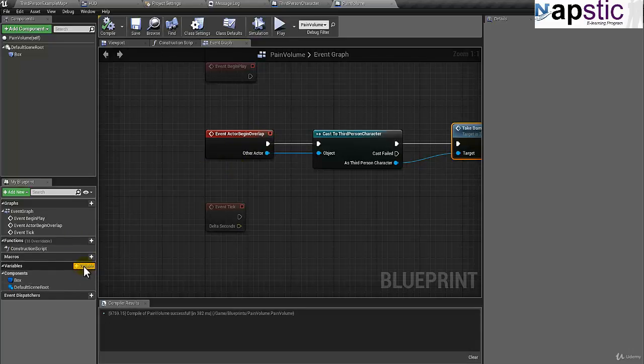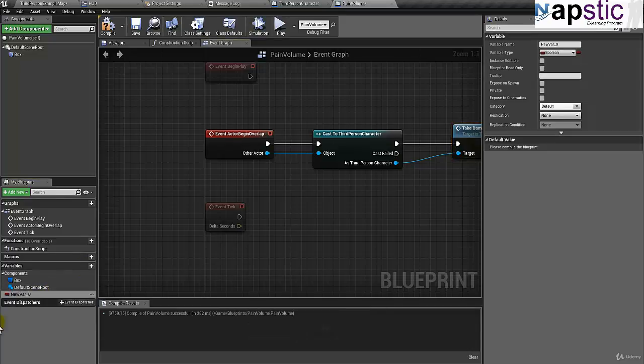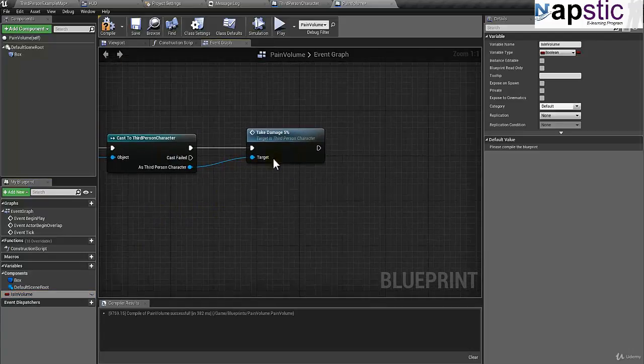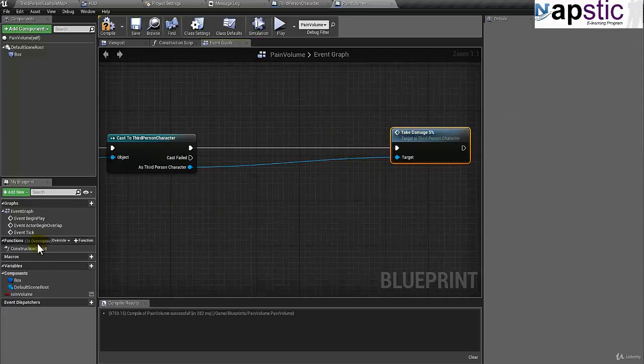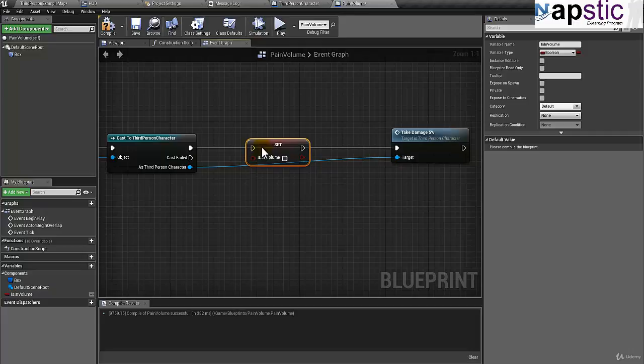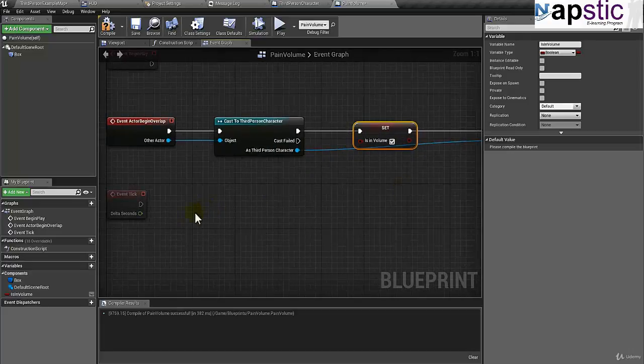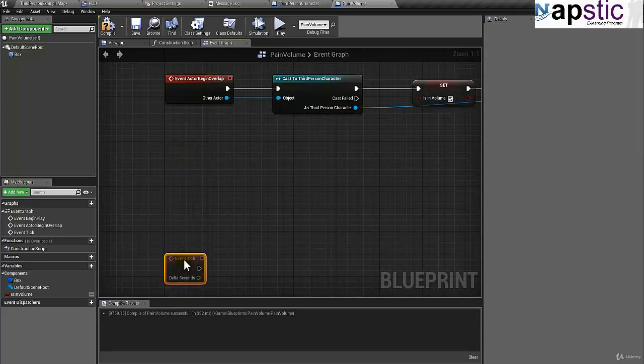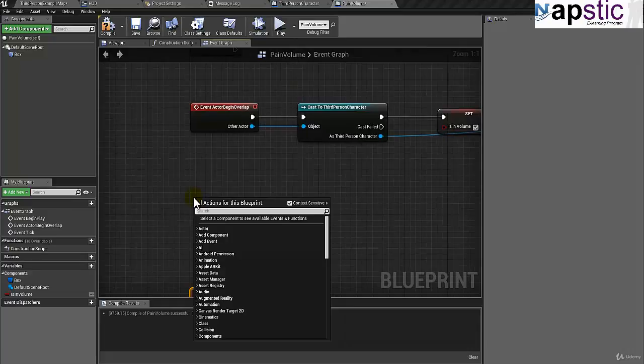Okay, so I'll just create a boolean variable first. Let's name this variable is in volume. And then before we take the damage, I'll get the volume in here and say set is in volume, and I'll set this to true, and then I'll go ahead and ask it to take the damage. And we're gonna need one more node, so I'll move the tick below, and I'll say end